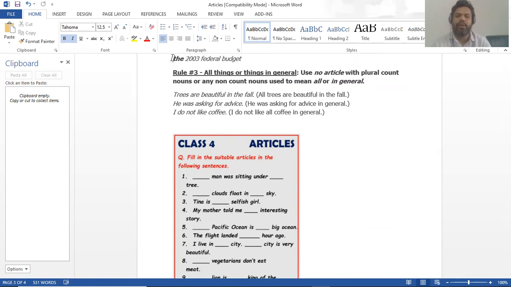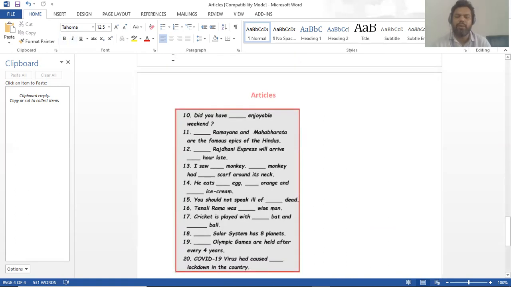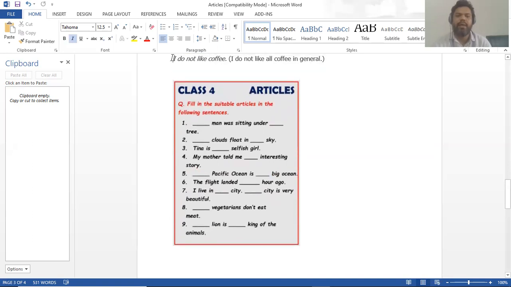Please see the example. It will be your homework today, and I would like to show you some examples here. Put in the suitable articles in the following sentences. A man was sitting under a tree. The clouds float in the sky. Tara is a selfish girl. Like this way, in the first sentence you can use a man. So in this way, you have to put the articles